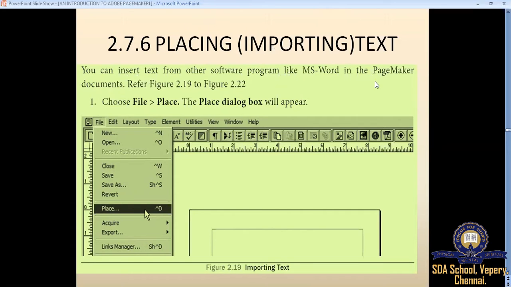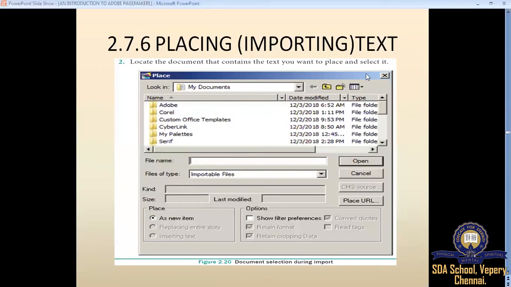To do this, what do we have to do? First, go to the File menu, choose the option Place. The Place dialog box comes on the screen like this. So locate the document that contains the text you want to place and select it.